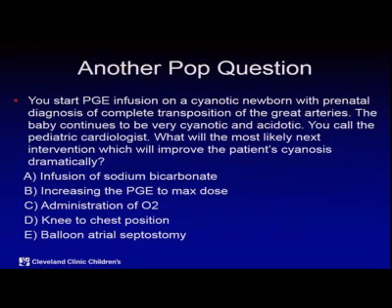So you start PGE on a cyanotic baby that you know from prenatal diagnosis has TGA. The baby continues to be very blue and acidotic. You call the pediatric cardiologist. What are they most likely to do in that scenario if they fail to become better with PGE in known transposition? What is their next course of action? So bicarb, you increase the dose of PGE, give them oxygen, you do a knee to chest position, or you do a septostomy. And the answer is